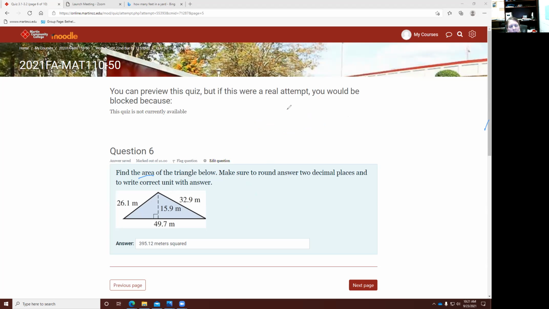So let's look here. How do we find the area of a triangle? Area equals base times height divided by 2, or you can also do 1/2 of base times height. These are the same thing. So here my base is 49.7 times 15.9, which is the height. And then we can divide this by 2. Now, when you put this in the calculator and you do 49.7 times 15.9 and you divide it by 2, you get